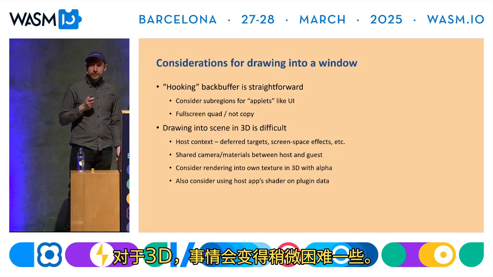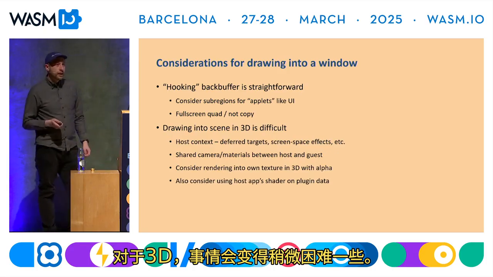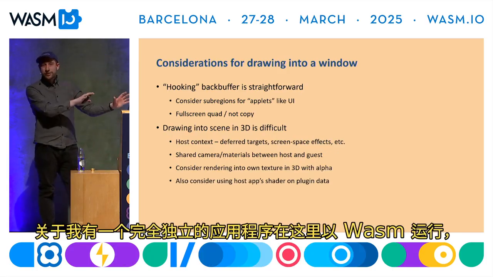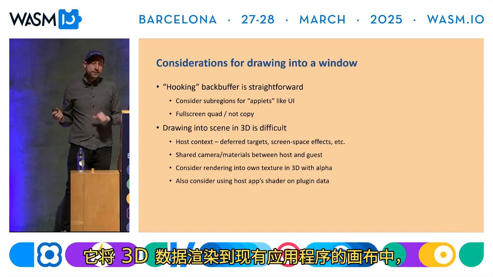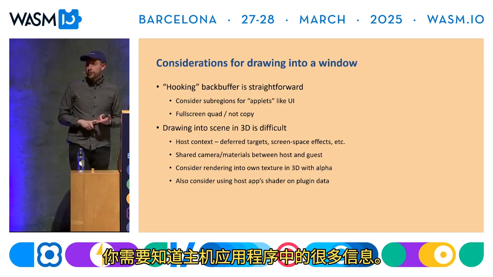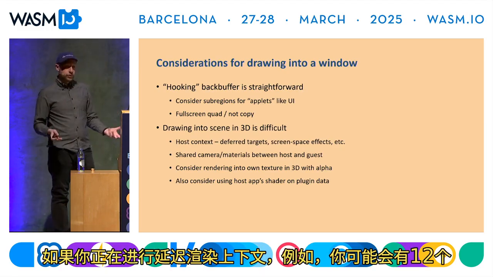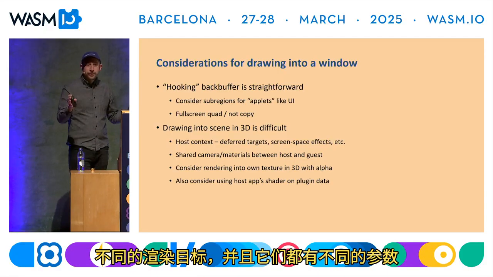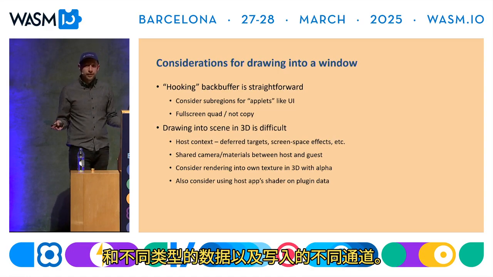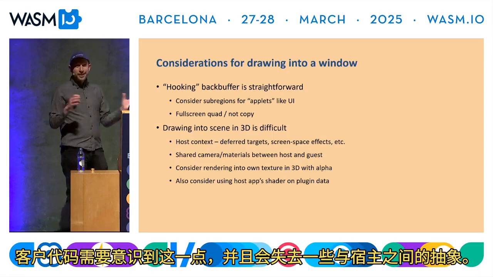For 3D, things get a little bit more difficult. If you think about, I've got an entirely separate app that's running in Wasm here that's rendering 3D data into an existing application's canvas, you need to know a lot of information from the host app. Like if you're doing a deferred rendering context, for example, you might have 12 different render targets, and they've all got different parameters and different types of data and different channels they're writing out to. So the guest kind of has to be made aware of that,